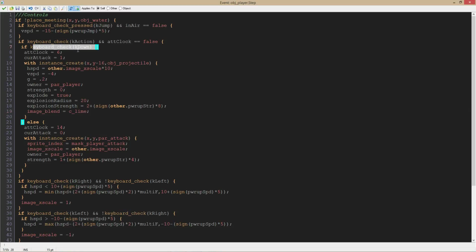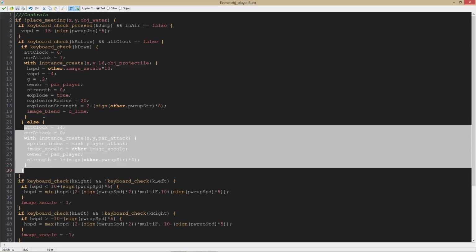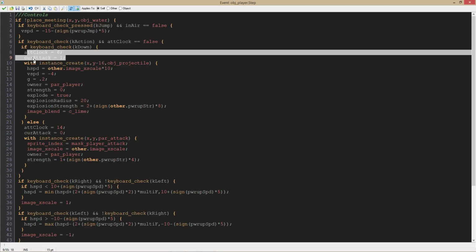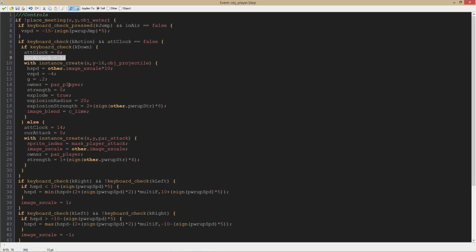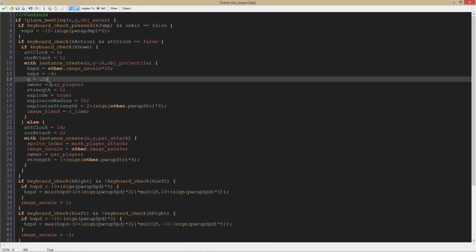If you press down, then it will shoot, and that's all this code. And else we have this normal code where it just attacks, and it does the same. It sets the attack clock, and it sets current attack to 1 instead of 0, so we know it's shooting. And then we create the bullet, and when we create this bullet, we place it at our position except 16 pixels upwards, so it's not created at our feet. And then it just sets the speed in different parts of it. Sets the owner and